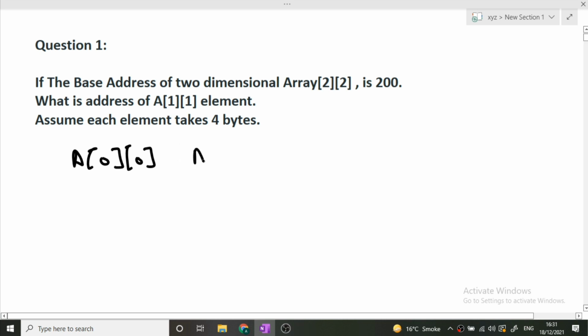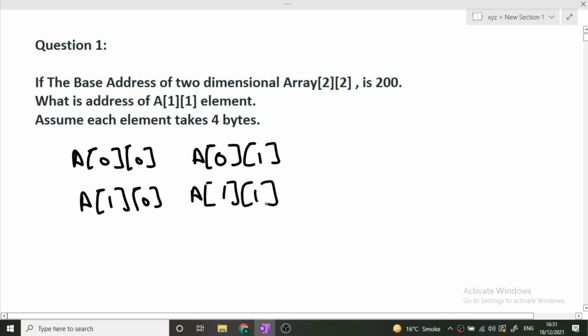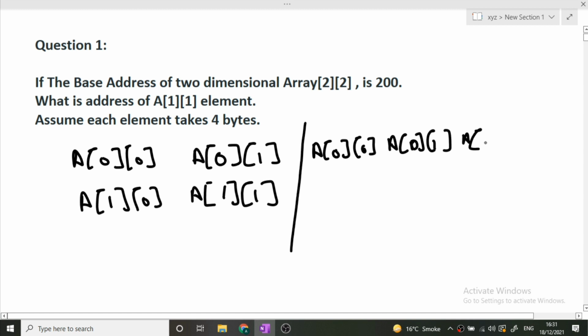Now we will draw A of 11. Now A of 01 will look like this. A of 10 will look like this. This is how our memory thinks that the elements are stored. So this is how we think that the two-dimensional array is stored. But actually, inside the computer's memory, how is this array stored? It is stored like this: A00, then after it A01 is stored, then A10 is stored, and finally A11 is stored.